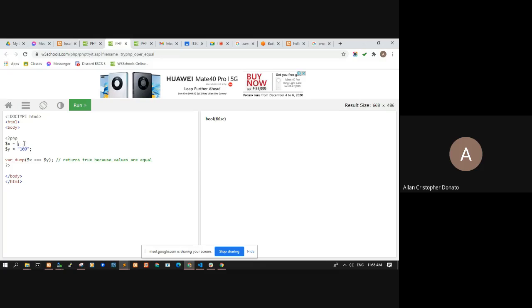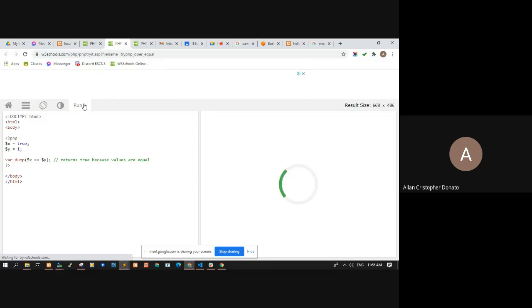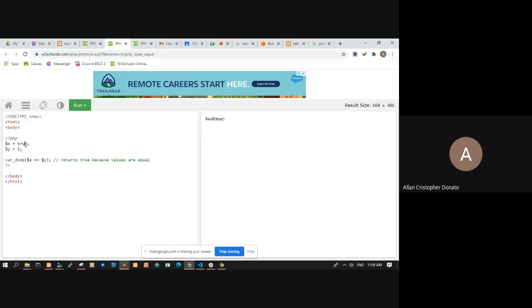Okay, another example, the boolean true and the number 1. Using triple equals will result to false. They're not the same, since true is a boolean, 1 is a number. But using double equals will return true because they both mean the same. 1 is also true, which is on. So they are basically in value the same. But in value and type, they are not the same.